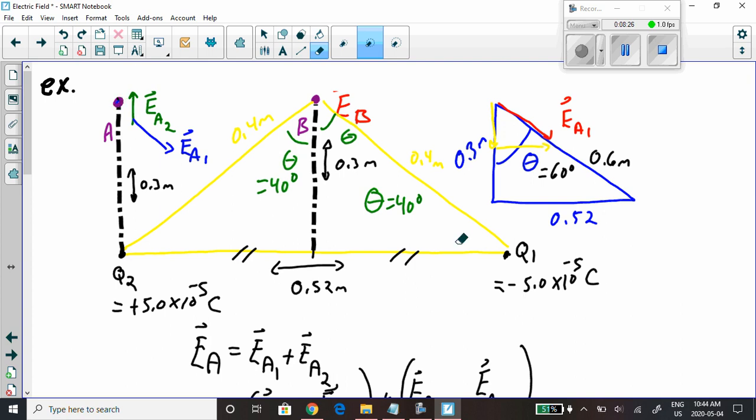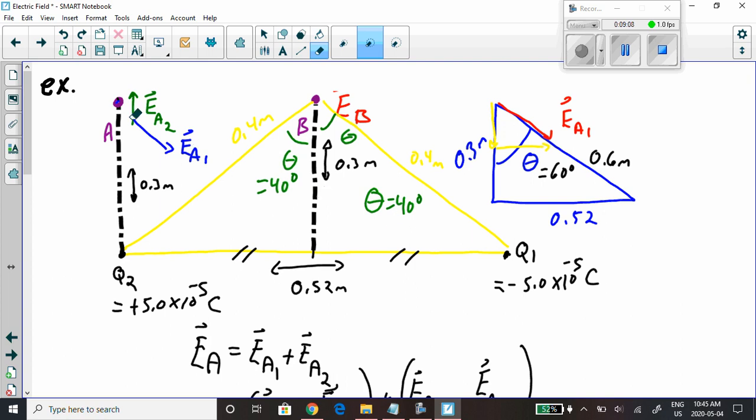Now let's turn our attention to this charge here, Q1. How is Q1's electric field showing itself at this point A in space? Well, this is a negatively charged particle. So if I were to put a positive test charge there, if it's not there, I'm just using this idea to help me visualize. If I were to put a positively charged small test charge right there, it would feel a force of electric attraction towards Q1. So that means that the electric field at point A, due to charge 1, is in the direction towards charge